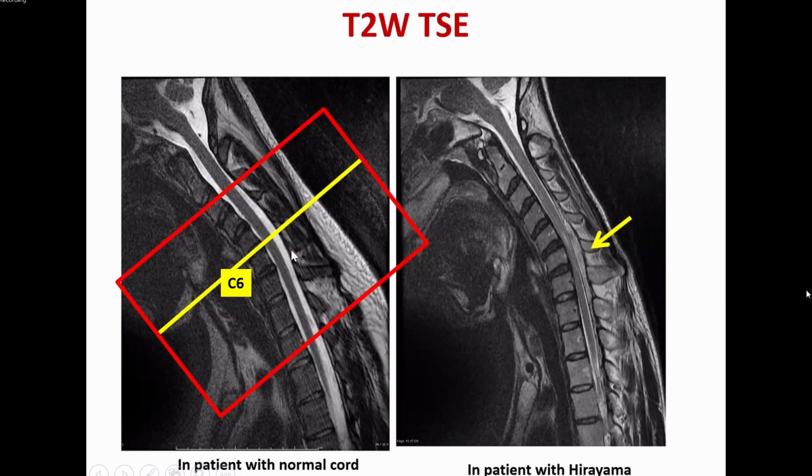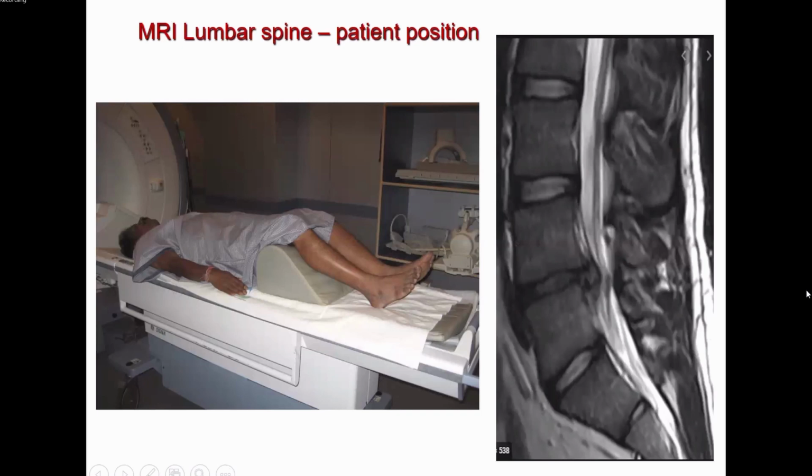Next, we'll move on to lumbar spine. Now, most of us have a very hectic workload and we are bent on finishing the cases as early as possible, fine. But then we forget that we need to keep the patient comfortable, particularly when you do a lumbar spine, the patient might have a very bad disc and just imagine if you have to lie down straight without moving your leg for about 10 minutes, it's impossible. So what you need to do now, you need to keep the patient comfortable. So never forget to place a knee pad. See that they rest their knees on the knee pad, put a Velcro band so that you get better images.